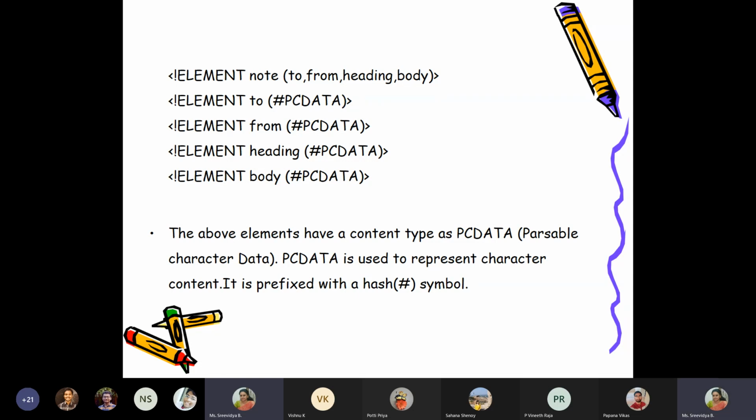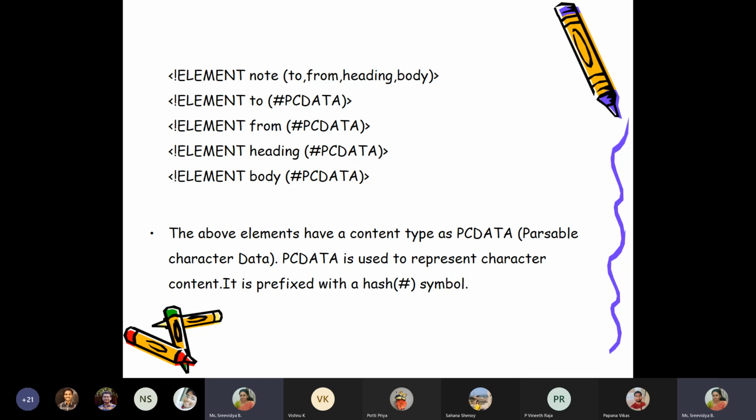Otherwise, if you just write PCDATA without hash, then PCDATA will become a child tag to the to tag. Then you need to declare what PCDATA means. But the PCDATA I'm using here is a built-in keyword to indicate that the content is text content. The to is also PCDATA, from is also PCDATA, heading is also PCDATA, and body also is of the type PCDATA.